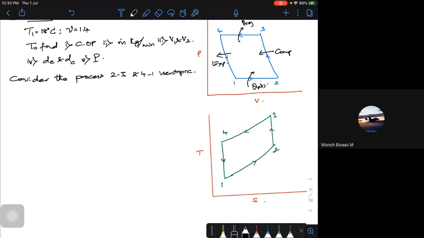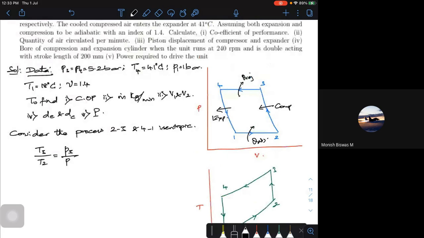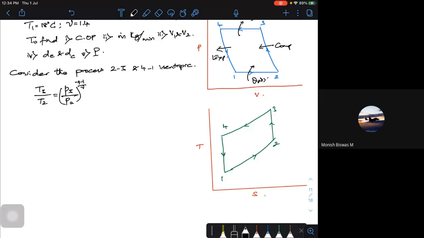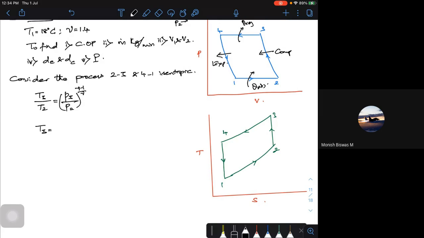So in that case, T3 by T2 is equal to P3 by P2 whole to the power of gamma minus 1 by gamma. P2 is also equal to P1, both are the same. So from here, T3 is equal to,